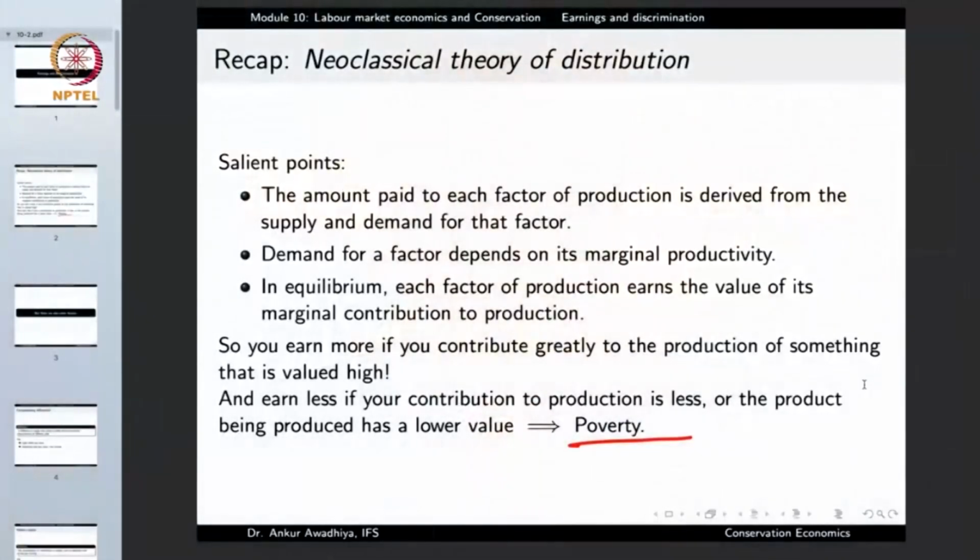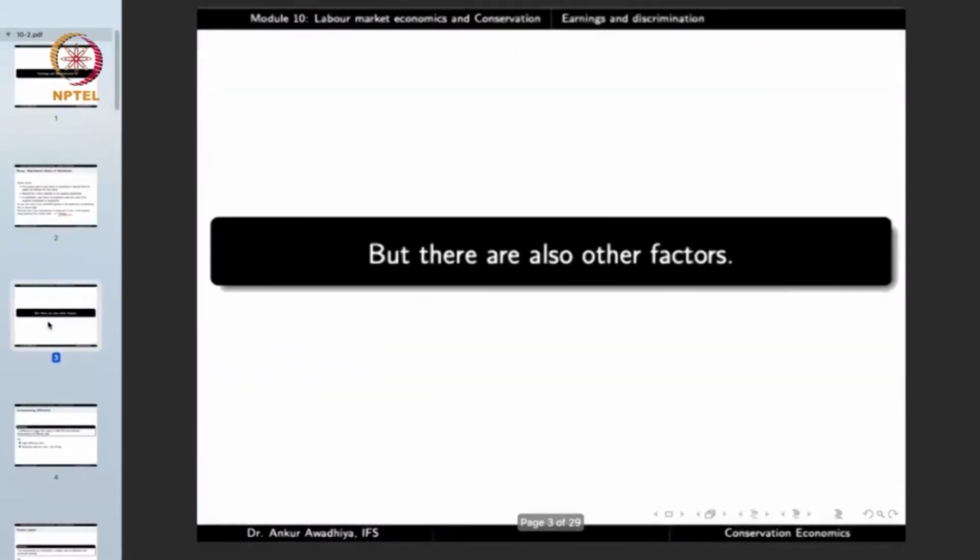And in that case, the forests will be indiscriminately cut, converted into agricultural fields. But still, because the forests are generally in those areas that do not have a very good fertility, the marginal productivity will still remain less. The people will still remain poor, but in this case, the forest will also be gone. Which is why it is important to understand why poverty arises in a society.